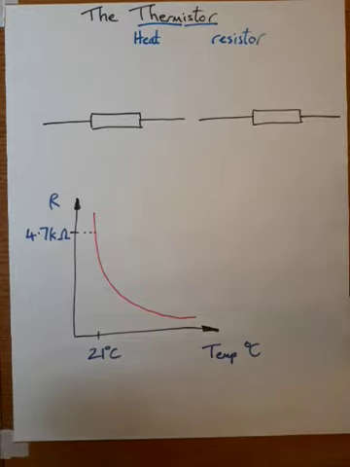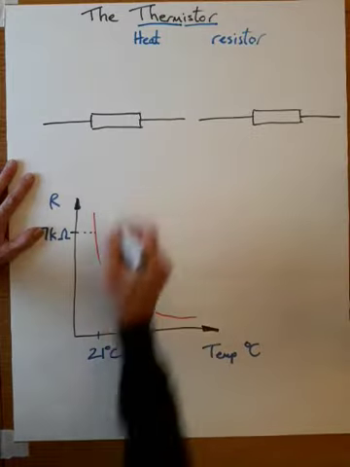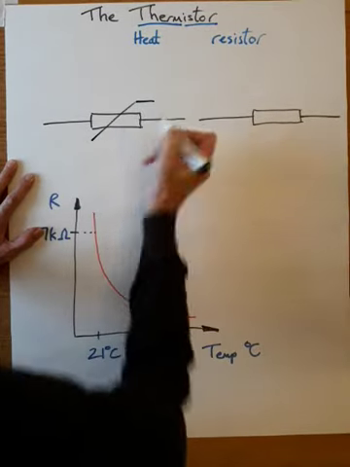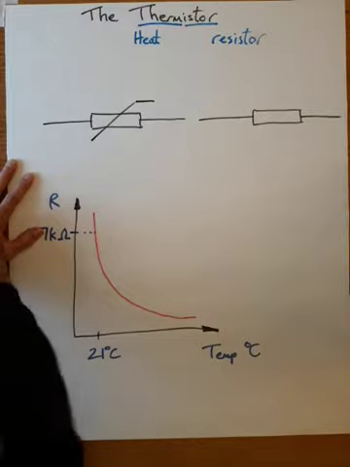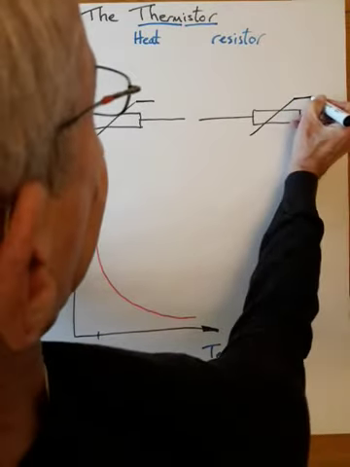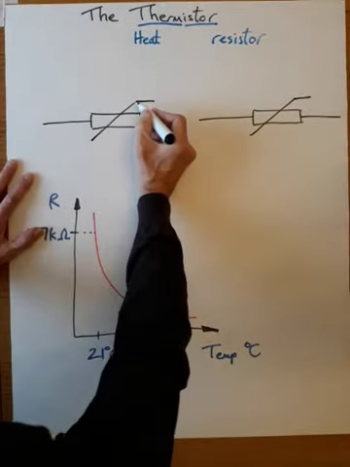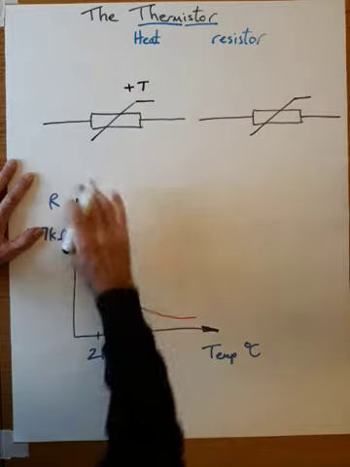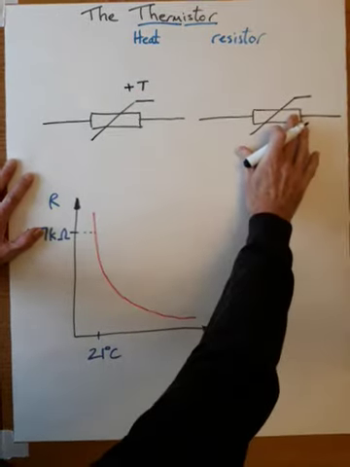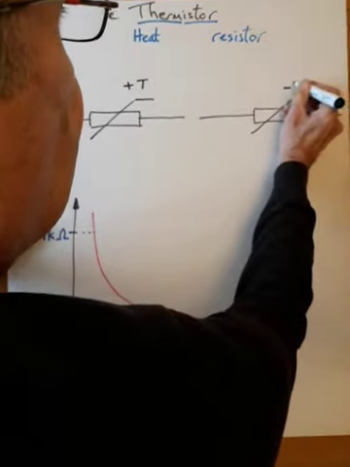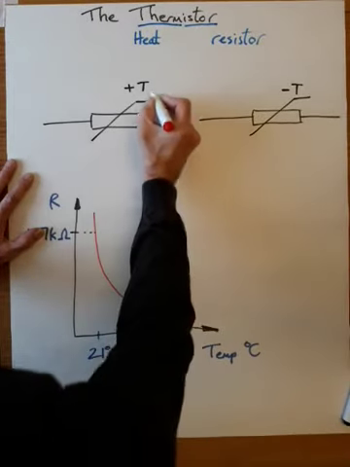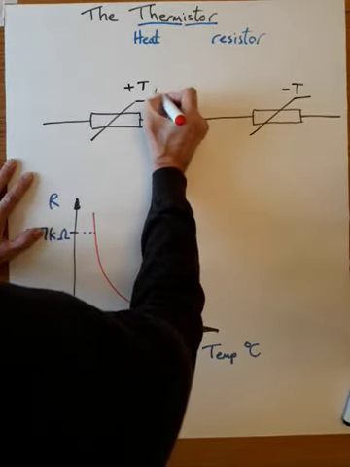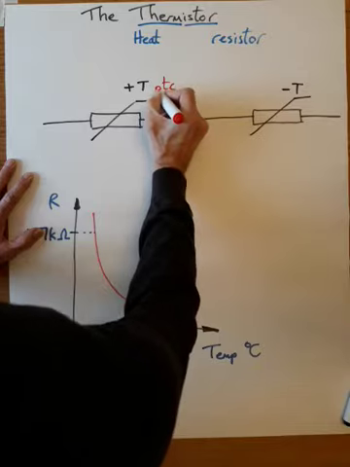Let's look at the symbols. They're based on resistors, and the symbol we've met before does something like that. There are different ways of identifying it, but it is reasonably clear. If we have a positive temperature coefficient, it might be written as plus T. If we have a negative temperature coefficient, it may be written as minus T. Alternatively, it may have by the side of it PTC, positive temperature coefficient, or it may have